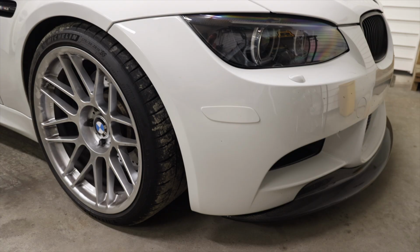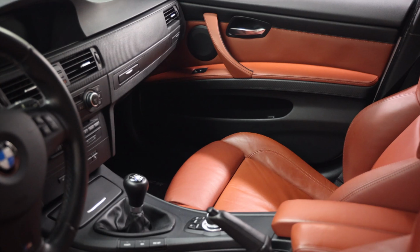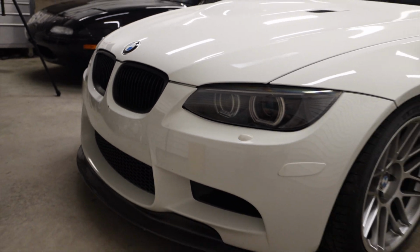The E90 M3 that I'm sitting in right now is actually what I planned on taking to the track, but as things usually go, I discovered a few issues the night before, and with great issues comes great upgrades. So stay tuned because I will be working on the E90 M3 very soon on this channel, and we'll have more BMW content if you're into that sort of thing. So let's hop in the NA Miata and I'll tell you about what a Touge Battle is really quickly,